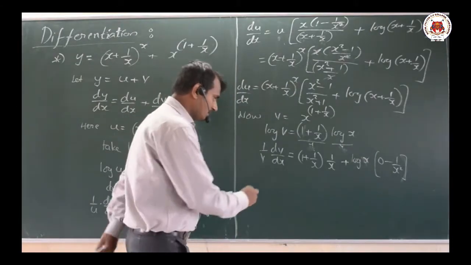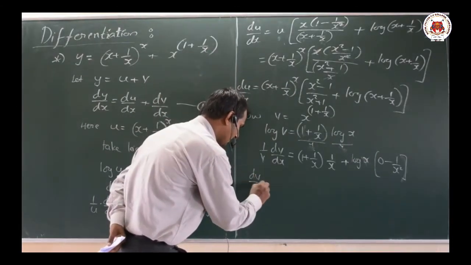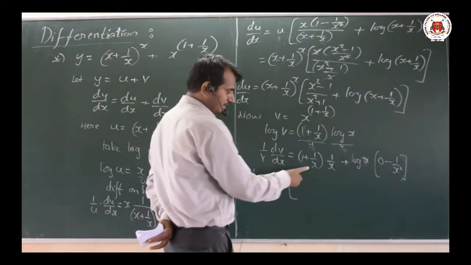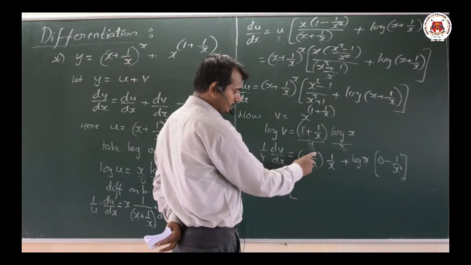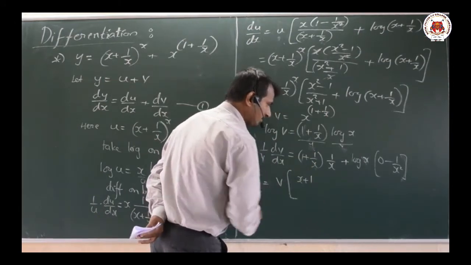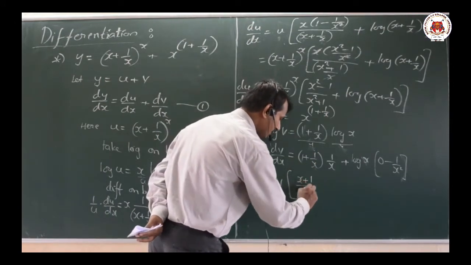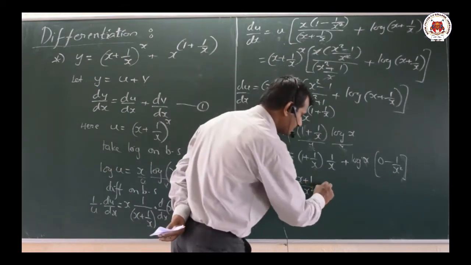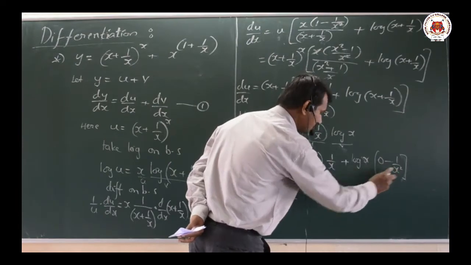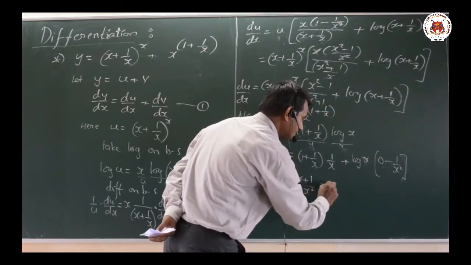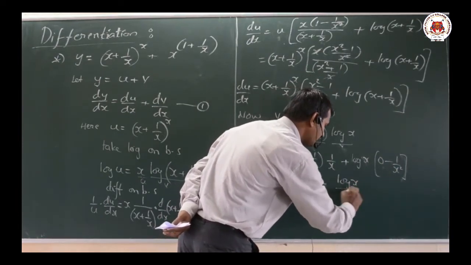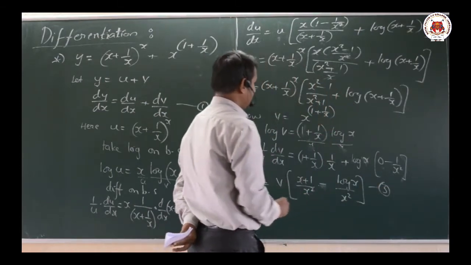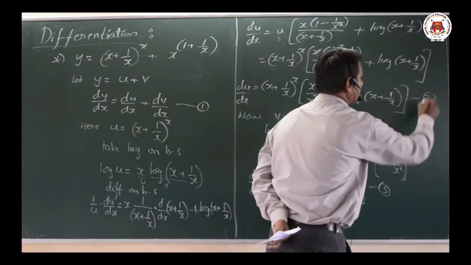Now the last step. What is the last step here? That is dv by dx equal to v into, I will take the LCM here, x plus 1 divided by x into x, that is x square. Very simple term. Plus of, here what we have, minus 1 by x square, plus into minus, that is minus what we have, log x divided by x square. Take it as equation number 3 here. This part you can take it as equation number 2.